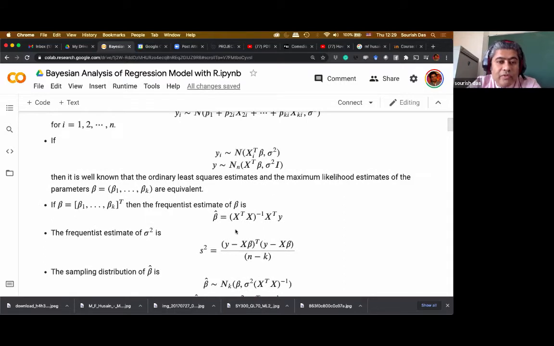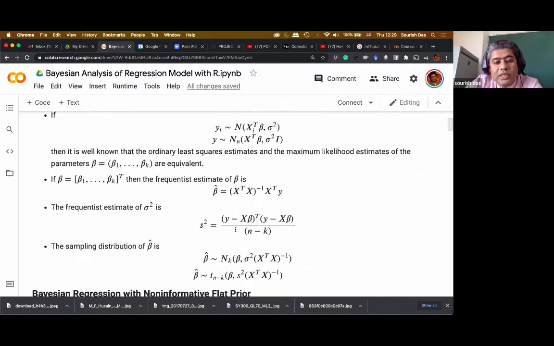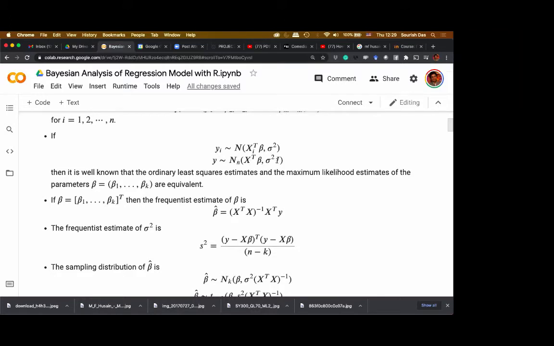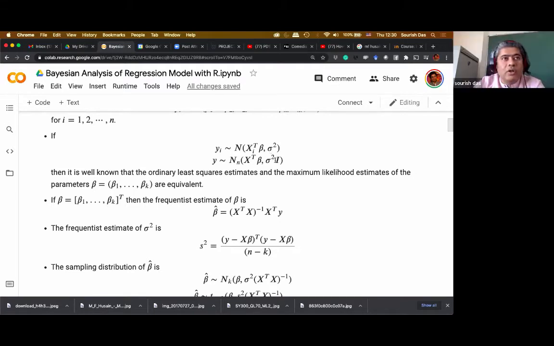If you have to look into the actual derivation, but let me just give you the thought process of how these results came up. You can write these things in this way. Your target variable y is an n-dimensional vector coming from an n-variate normal with mean vector x transpose beta and covariance matrix sigma square I. That means diagonals are all sigma square and off diagonals are 0. You're writing this in matrix notation.